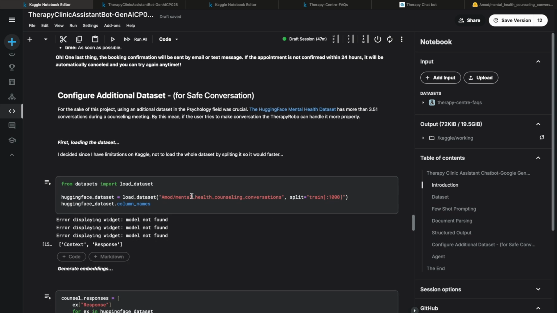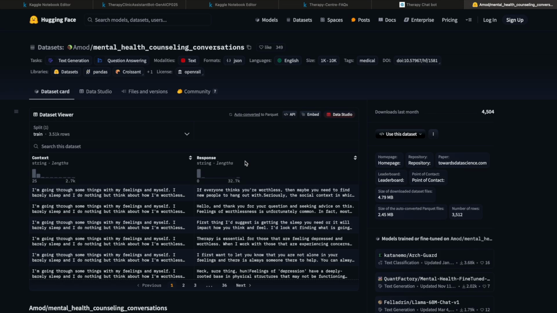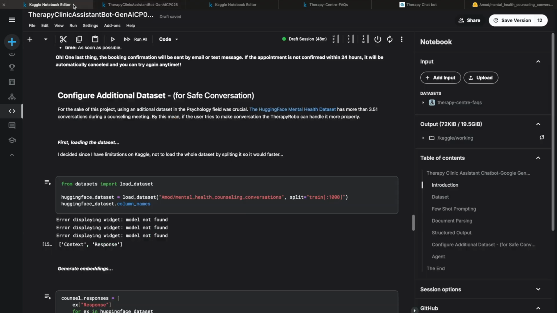And for the sake of this project, I searched a lot. The best data set that I found for mental health was on Hugging Face. Here, you can see that Hugging Face has 3.5K rows of conversation between the clients or patients and the therapist, and these conversations are very, very detailed. I tried to use one third of them, because loading all of that data set was huge and wouldn't be practically needed here, so